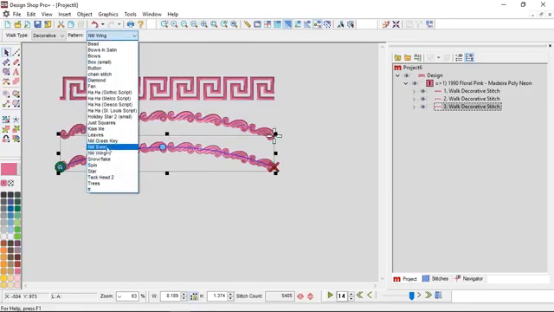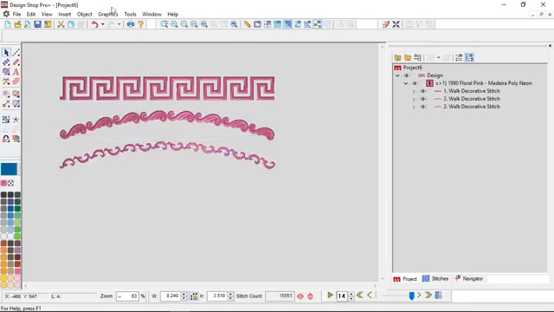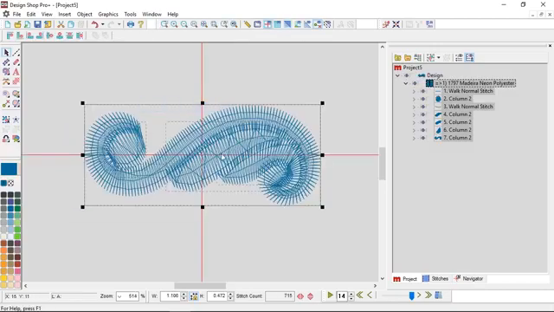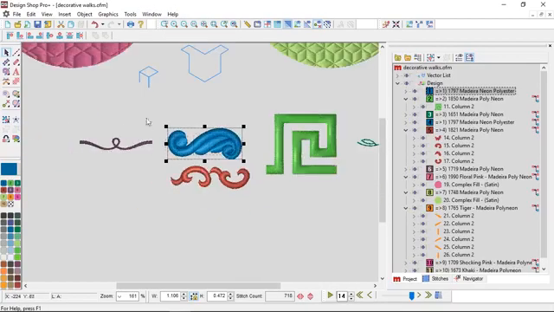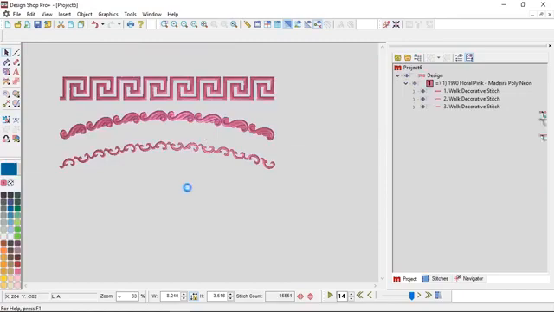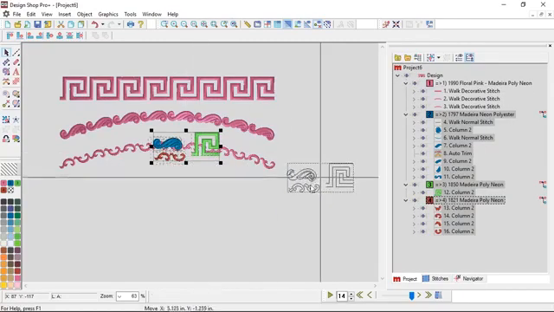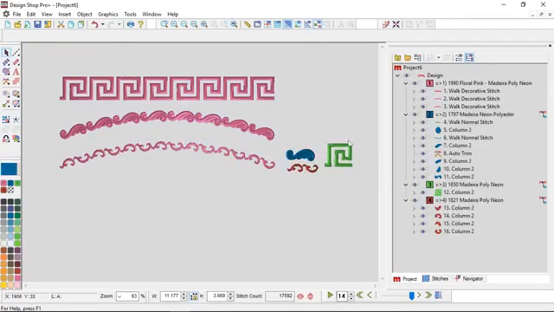So let's go down and go to Swirl. So that's that other piece, and how the pieces interact with each other kind of changes. So let's take a look at these. And we'll put them kind of beside their elements. There we go. I'll move this guy up. So you can see